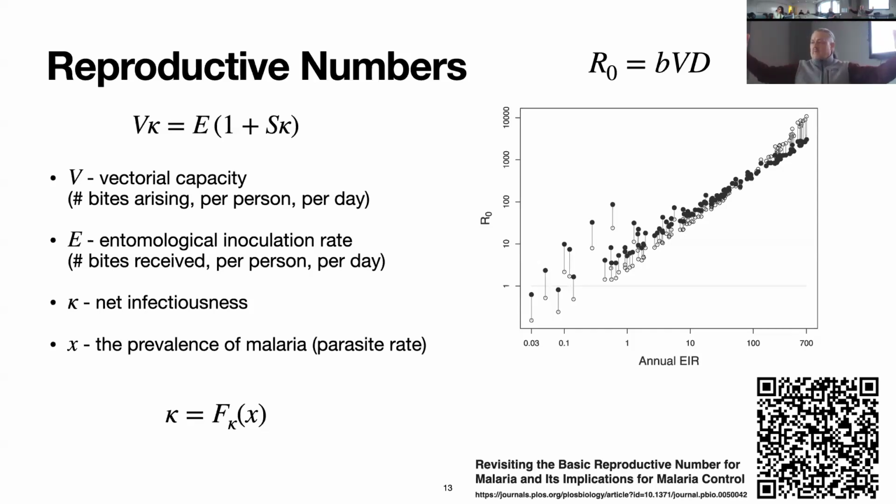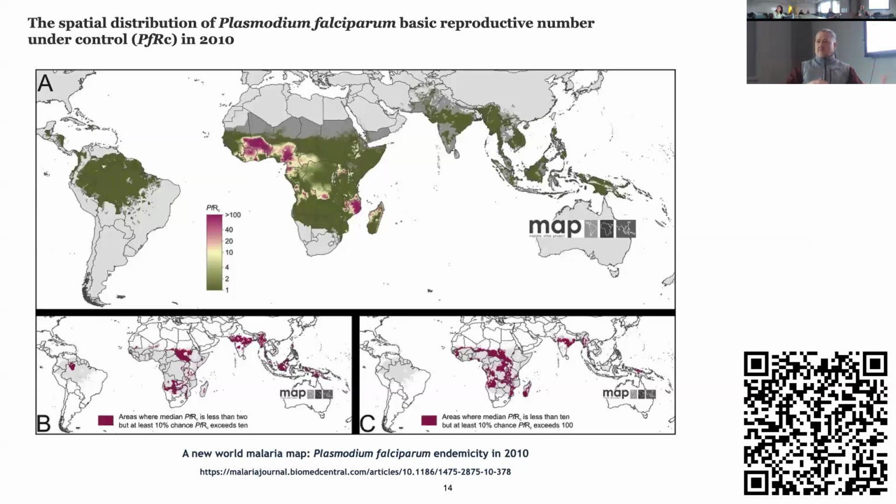So in a closed population, ignoring mosquito migration and the delays, there should be a pretty close relationship between vectorial capacity and EIR. And this gives us a basis for now taking metrics and estimating R naught. And now we have a basis for setting thresholds. So this was in 2007. And now we can take our measures of EIR and PR, where PR is the prevalence of malaria, and we can start generating maps.